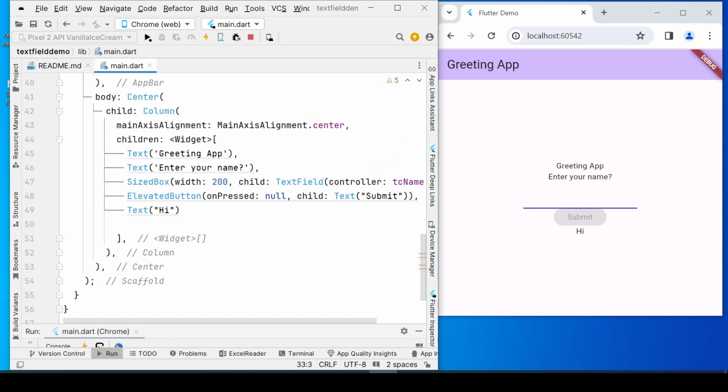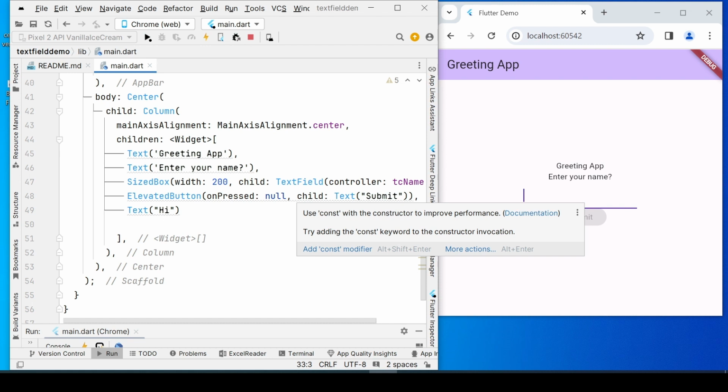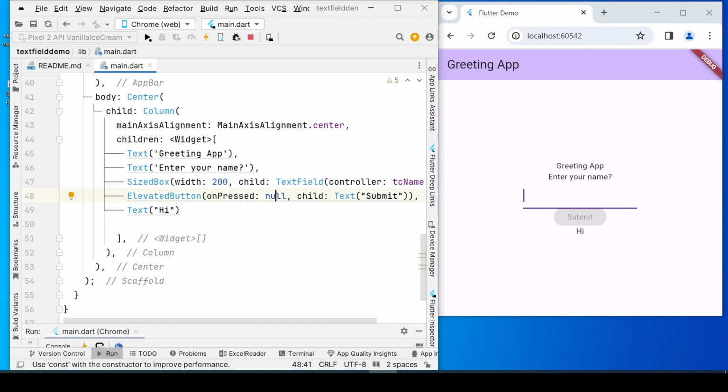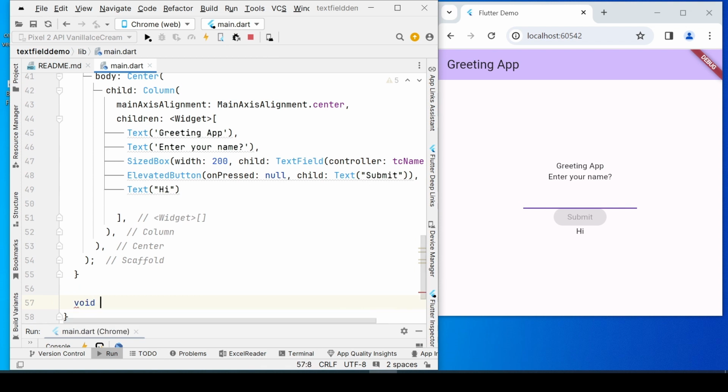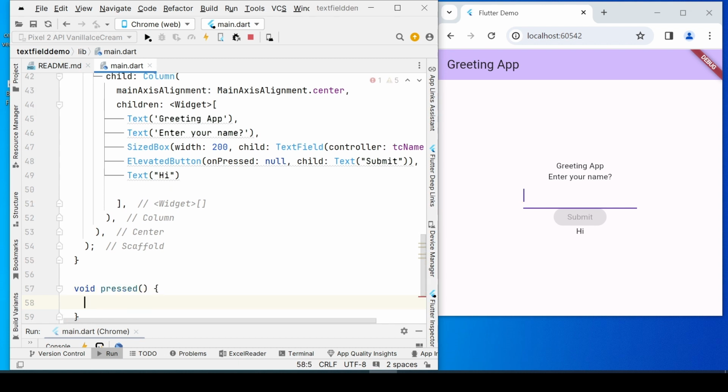So for the elevated button, when it is pressed, I need a function over here, and I will call it void, and I can give it any name, but let me give it the name pressed. So over here I will say